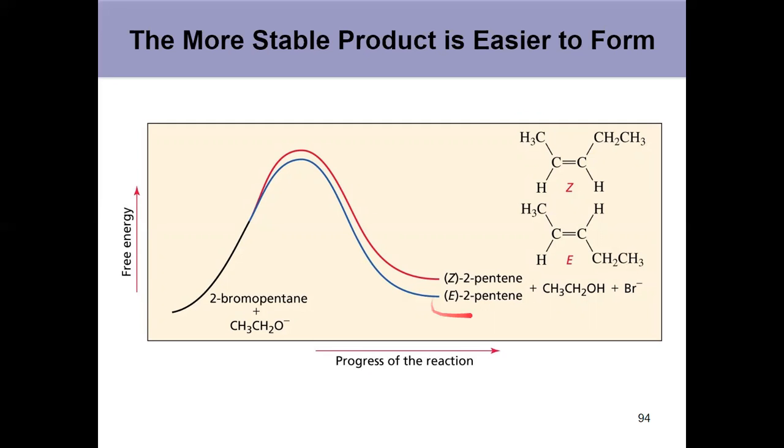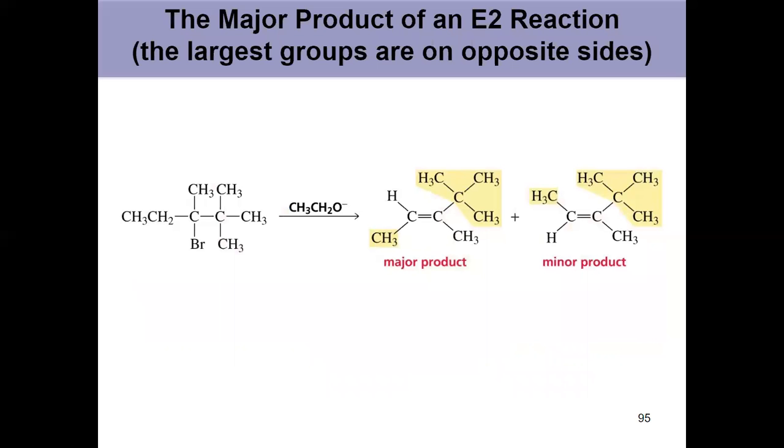And then E specifically will be the major product. And the larger the group, the greater the degree of selectivity. If I crank that up to a t-butyl group versus just a methyl or an ethyl, for example, then that's going to be an even larger degree of major product. Again, this is looking at E2